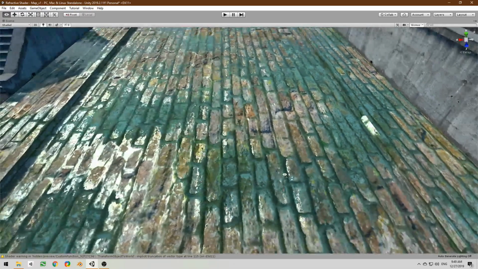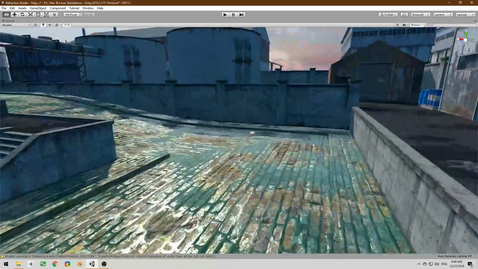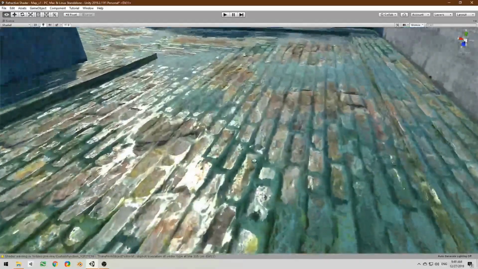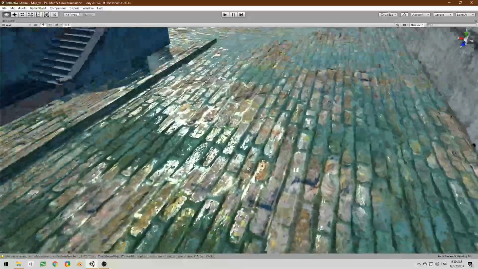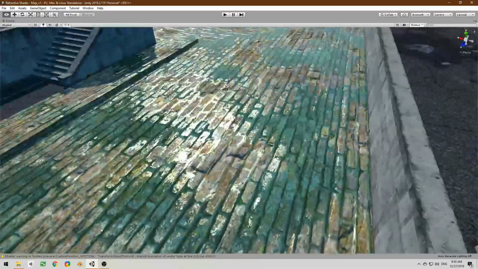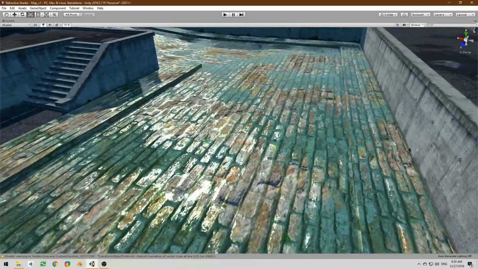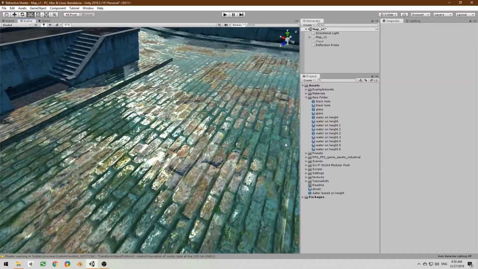In this one we are going to look at this street water type of effect, and it's based on the height map that is given to the shader. So you need a texture and a height map in order to do this effect, and I have some other samples